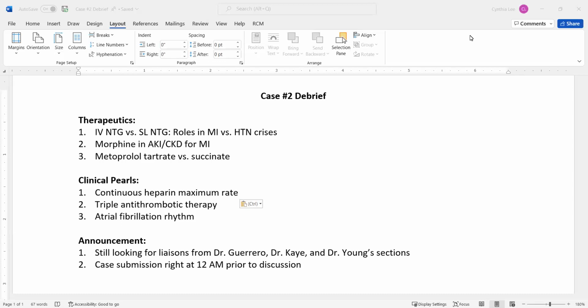But when compared to the CHA2DS2-VASc score of 7, if the HAS-BLED is like 3 or 4, there is a lot more risk, or higher risk, for the patient to get a stroke in this case. So I would say the anticoagulation is definitely needed. And for the dual antiplatelet therapy, the aspirin and the P2Y12 inhibitor that you're selecting definitely is needed as well. And if you look at the guideline, it's highly recommended. It has strong evidence that the patients need to be on aspirin and P2Y12 inhibitor, especially after PCI and getting